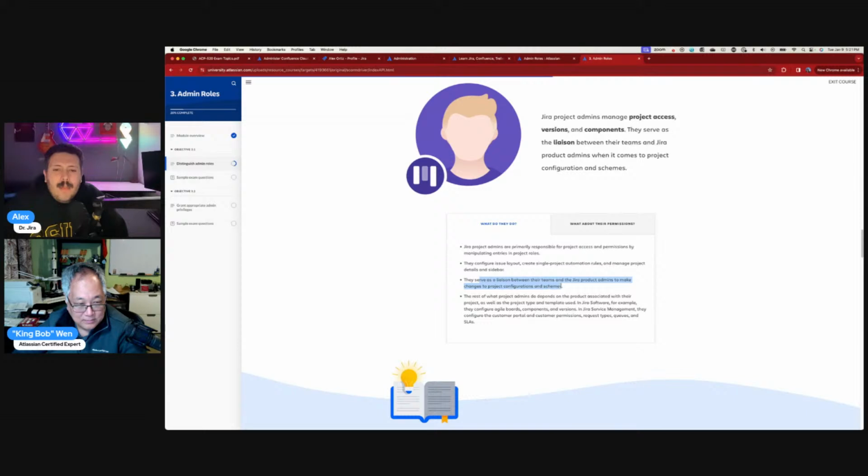They serve as a liaison between their teams and the Jira admins to make changes to the project configurations, because what they can't do, and this is kind of a gotcha, really, they can see the workflows, they can see the screens, they can see everything, but they can't do any of the changes. They're kind of kneecapped and handicapped. And so they do need to work with